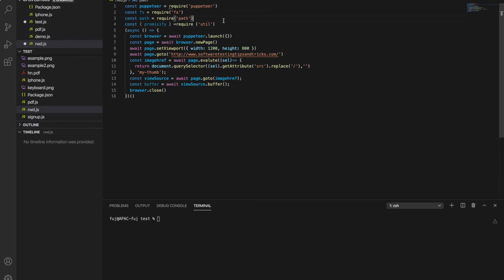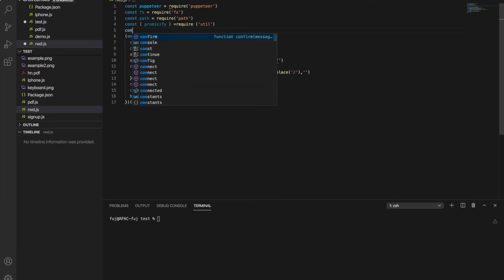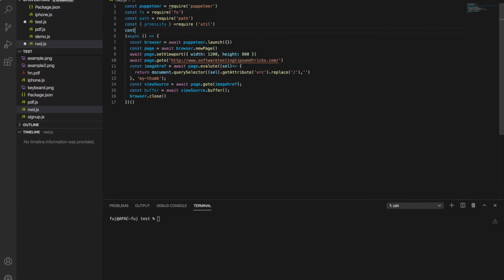Now I want to do read file and write file asynchronous operations to download, read and write the file, which in our case is an image. So it's read file async and write file async.